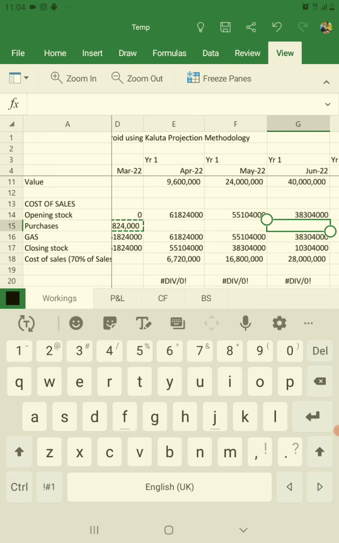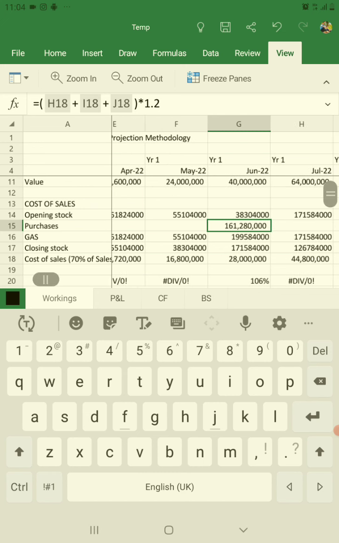So another one will be here, so I paste there, I paste there, and this one, as you can see, it covers